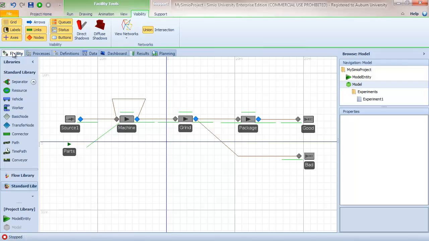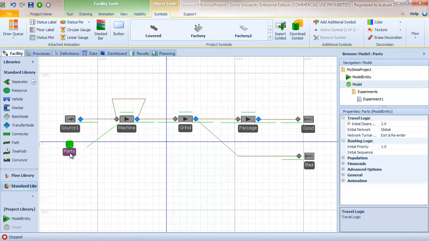The first topic that we're going to discuss is looking at our object instance, our part object. Something that people commonly want to do is change the look of the entity as it moves through the system. For example, we want parts to start out, and when they go through the machining process, we'd like them to change color, and when they go through the grinding process, change color, and so on. In Simio, the way we do this is by using the symbol list that's associated with every object